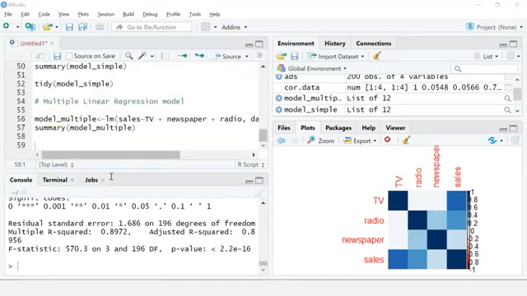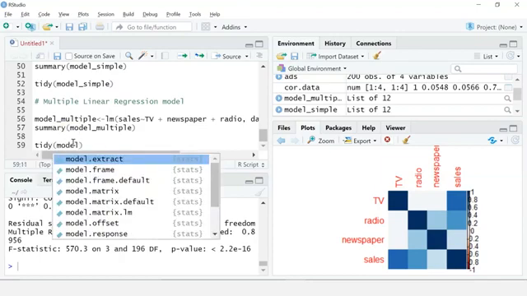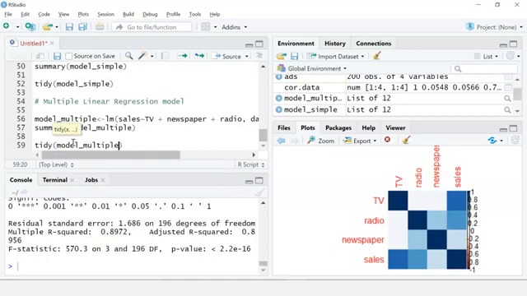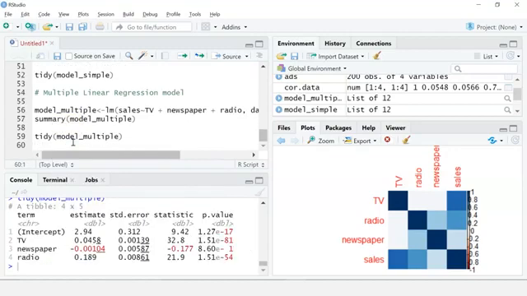Now you can also call the tidy function over this multiple linear regression model. So let me do that. I'll call tidy, and I'll pass in model_multiple. You can see it has given the output. Now you can also find the coefficients of the model using another method. It's called the coefficient matrix.